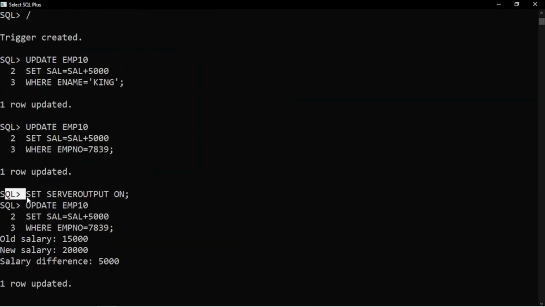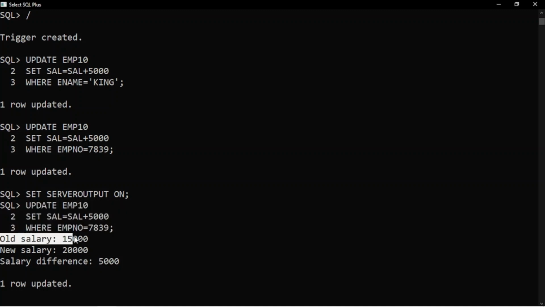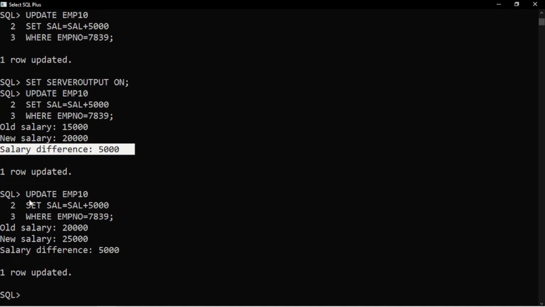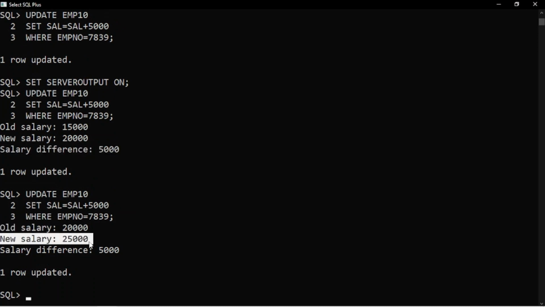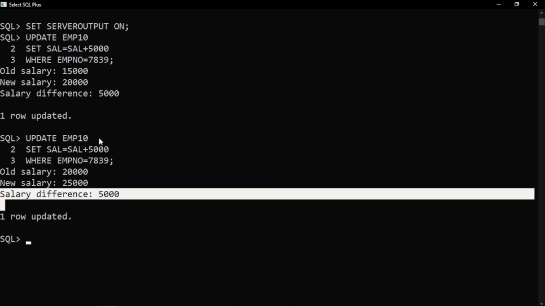After that I have set server output on, so now output is on, and after that I have again changed the salary of 7839, that is King, and I have got old salary, new salary, and salary difference also. After that I have tried again and got old salary, new salary and salary difference, right? So this was the trigger which gives us the difference of the salary if we enter or update a record. Now we'll go ahead with min sal check.